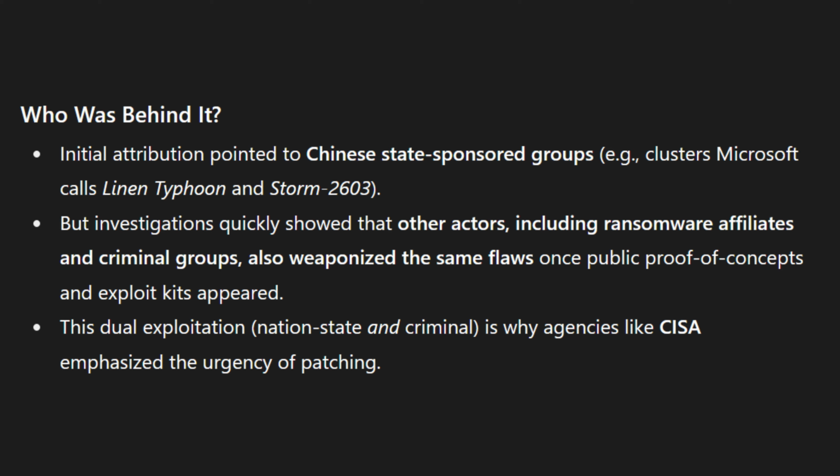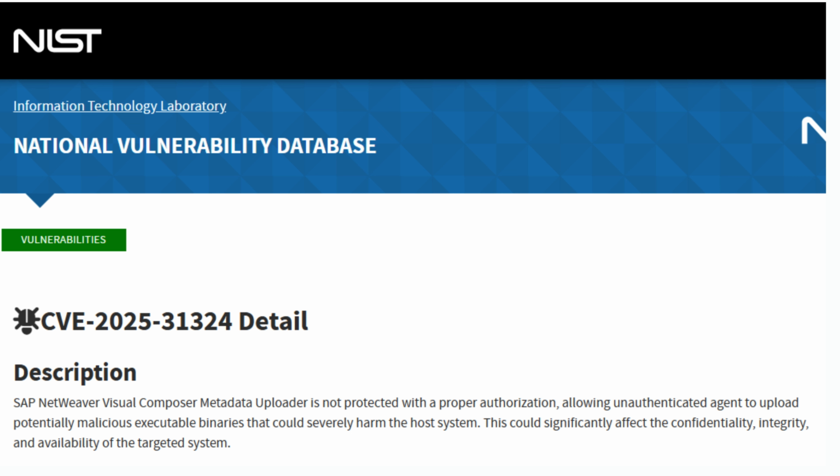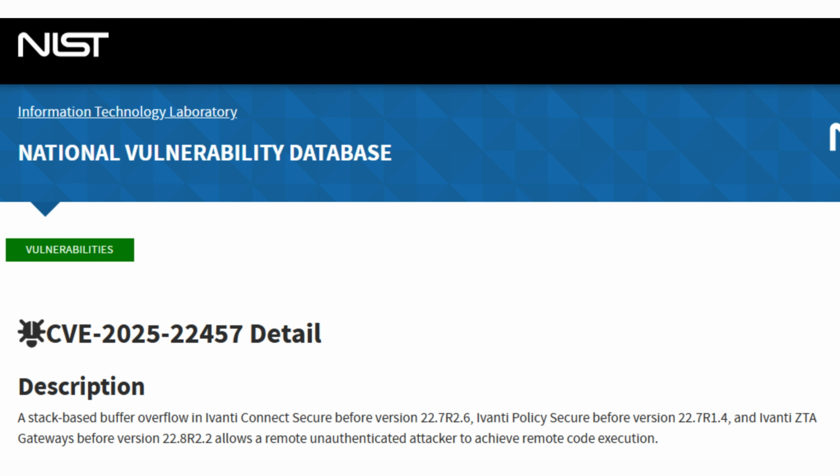National Nuclear Security Administration, and Chinese-linked APT groups were implicated, among many. You could look at CVE-2025-31324, the SAP NetWeaver unauthenticated file upload, supposedly exploited by China Nexus APTs targeting critical infrastructure. This vulnerability allowed full control over NetWeaver systems via remote code execution, an advanced intrusion vector, of course, or CVE